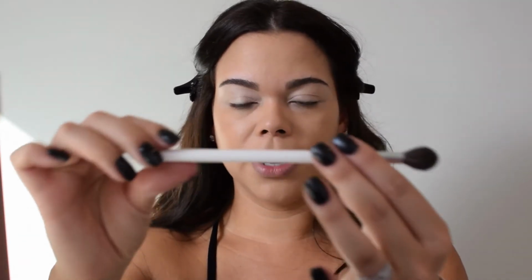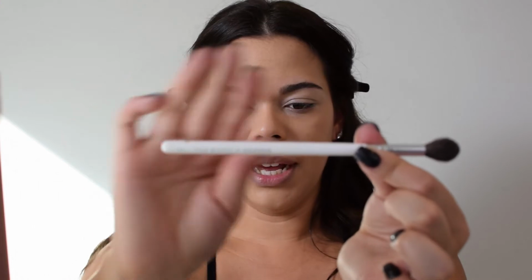All right, so once we have that on the eyes, we're going to go ahead and move on to a much fluffier brush. We're going to use this guy right here. This is the JH30 by Jaclyn Hill and Morphe. And so what we're going to do is mix in a couple of colors. Like I want this to be pretty,